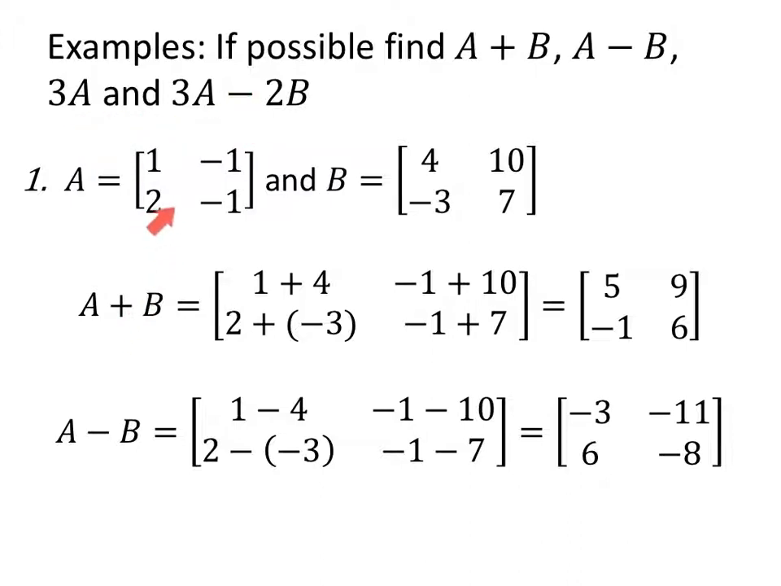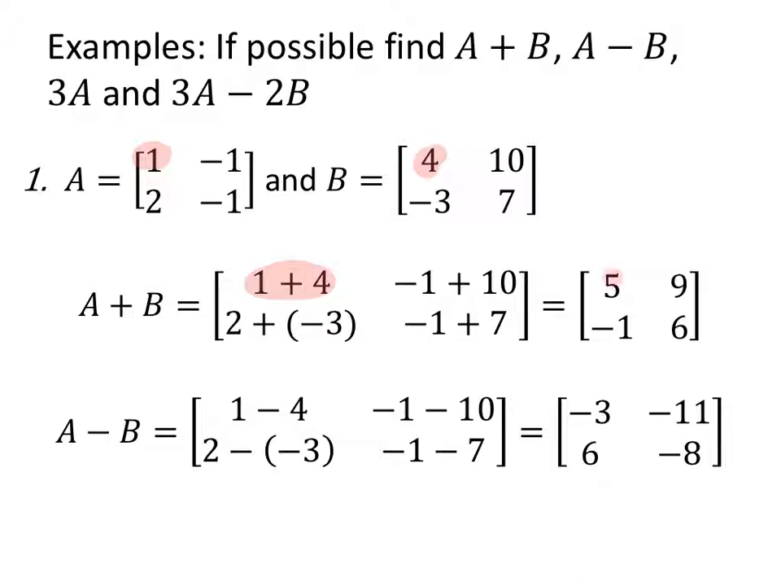So let's take two matrices. A is the matrix with first row 1, -1, second row 2, -1. And B is the matrix with first row 4, 10, second row -3, 7. So they're both 2 by 2. They each have 2 rows, 2 columns. Everything's good. To add, I am going to take row 1, column 1, and add to row 1, column 1,